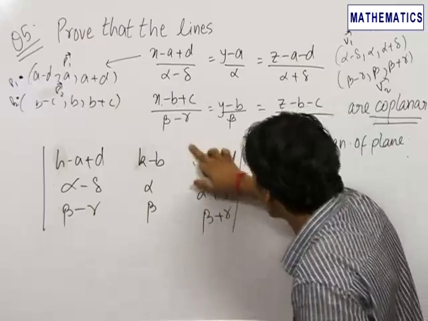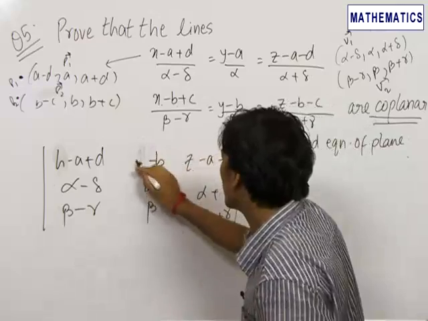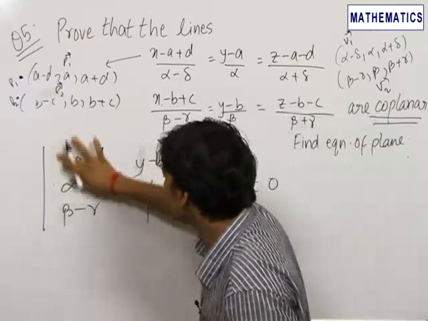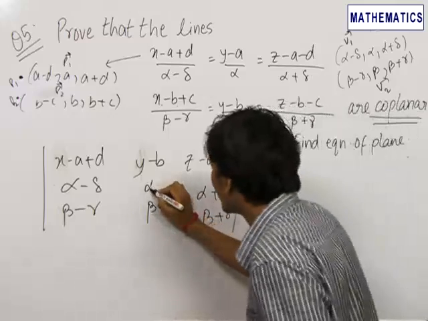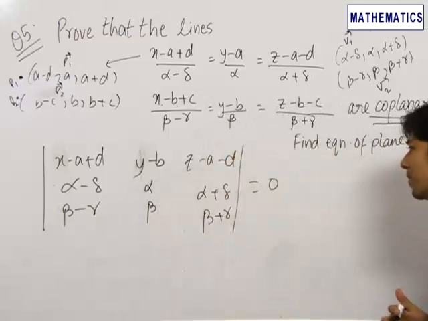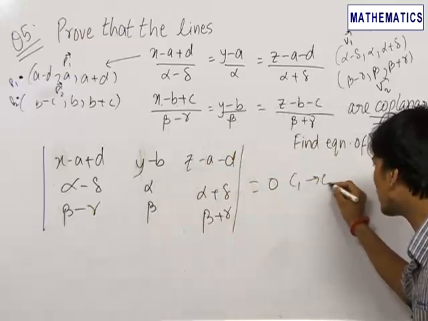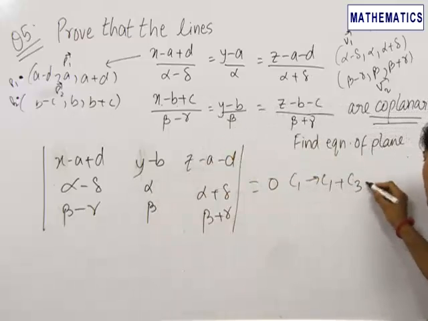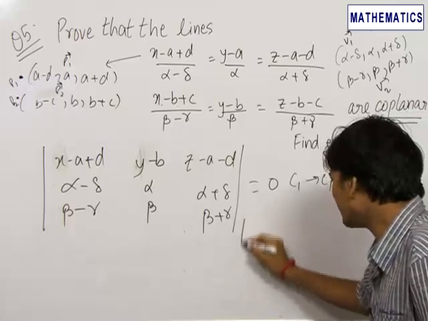Therefore we can replace l by z, we can replace k by y and h by x. Now we have to solve this to get the final relation in x, y and z. Now let us do a transformation over here. C1 goes to C1 plus C3 minus 2 times C2. On doing this transformation we get